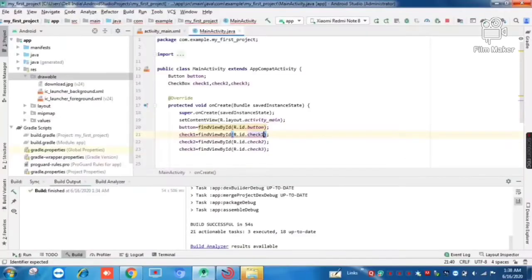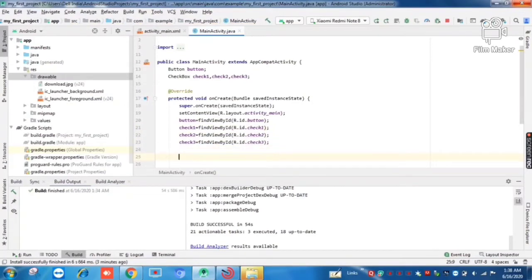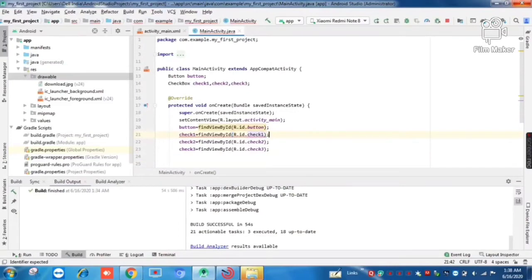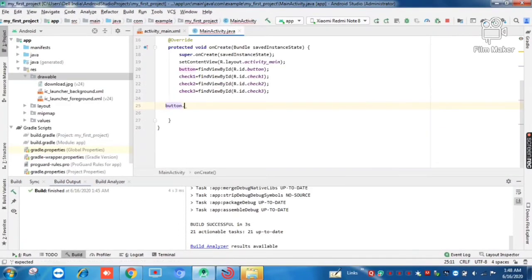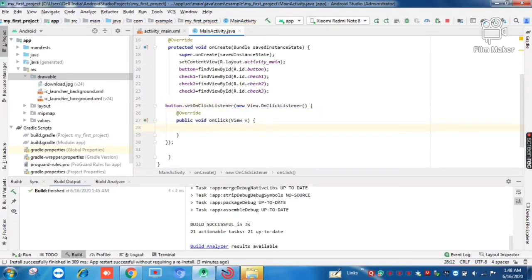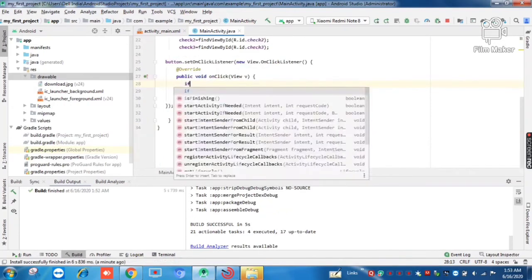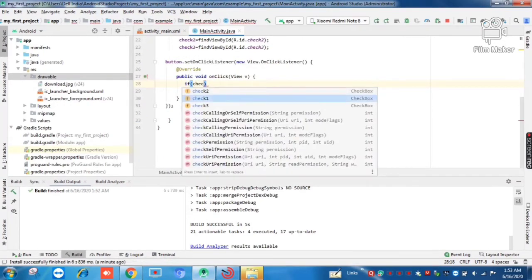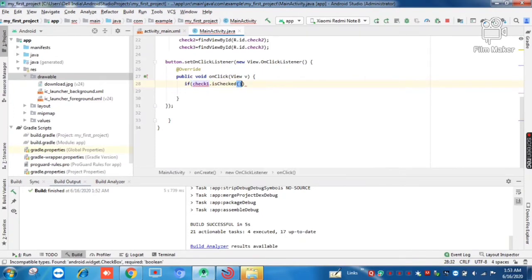So let's do that. Now we need to inform our user on button click about the checkbox he has selected. So let's set an on click listener on our button. Type button dot setOnClickListener. The method onClick will be auto generated. So let's first check if the user has selected all the three checkboxes. Set a condition: if check1 is checked, and if this condition evaluates to true, is equal to true,